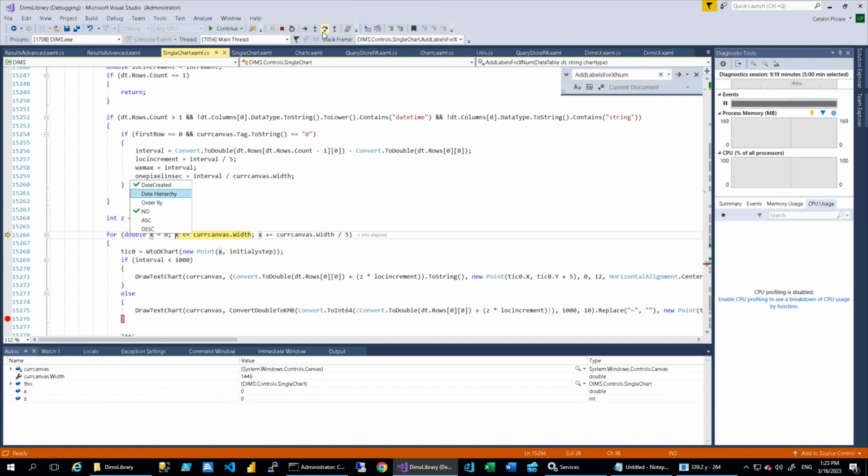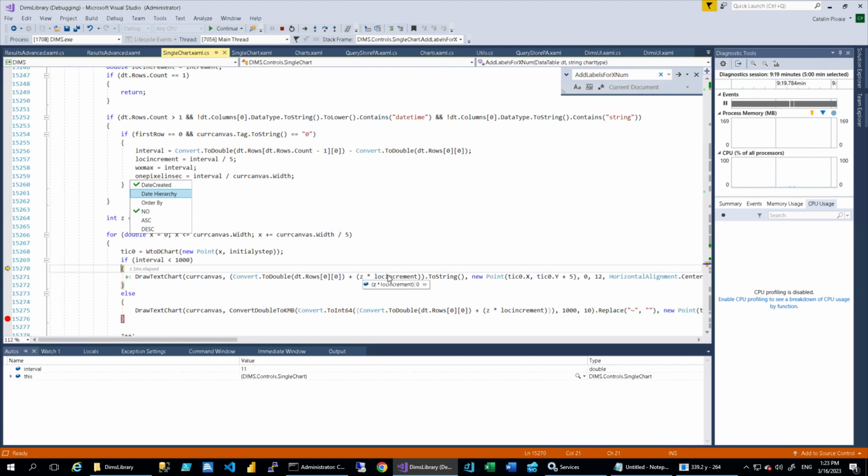Let's go back, current width and interval, it's smaller than 1000, okay. Draw text and convert plus z,